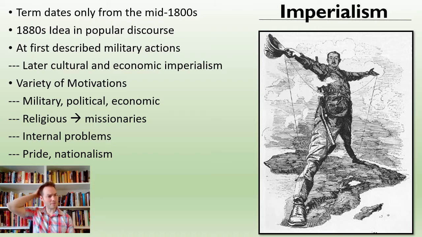There's a lot of internal problems that can be solved by imperialism. For example, the French government always had something different going on. They have several different governments over 100 years or so. But one thing they could always rally behind was the colonies. It could always be seen as a pressure valve. If there's too many problems going on inside the state, you just flip it and you say there's some problem out in the colony that needs to be addressed. There was also a certain sense of nationalism and pride involved here.